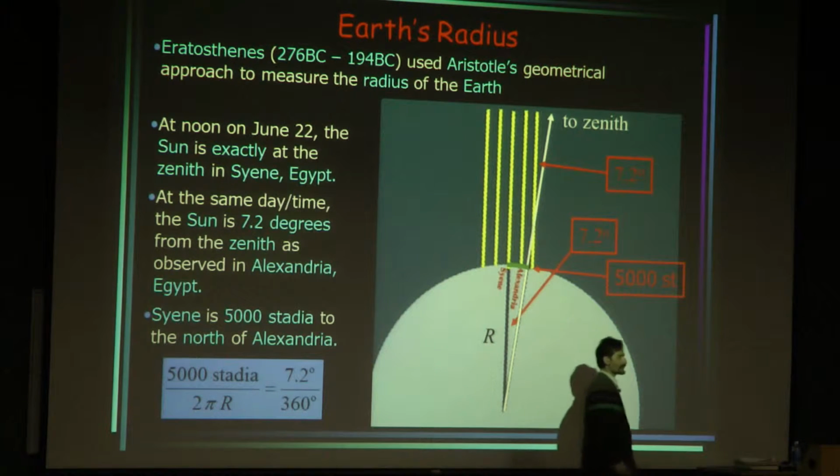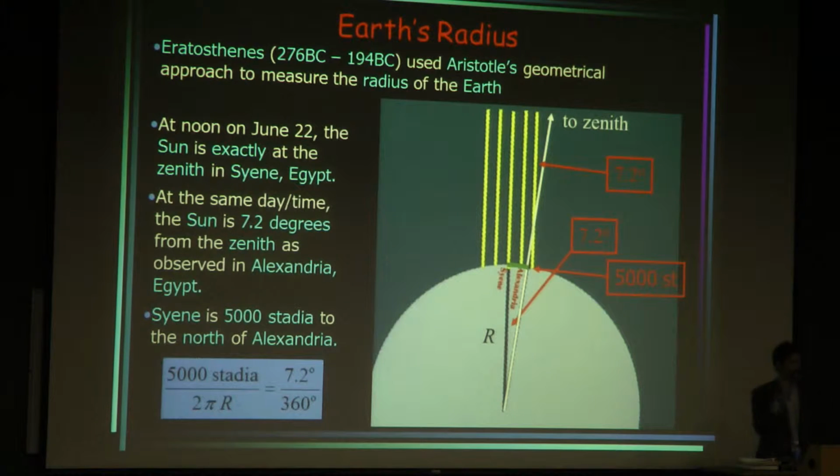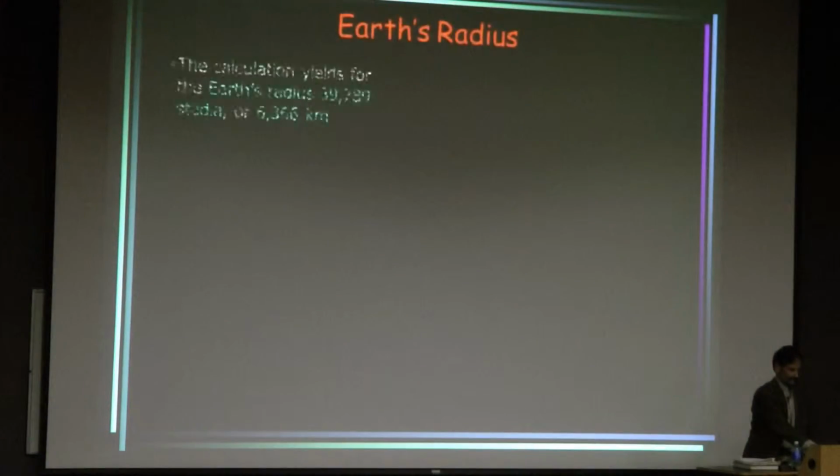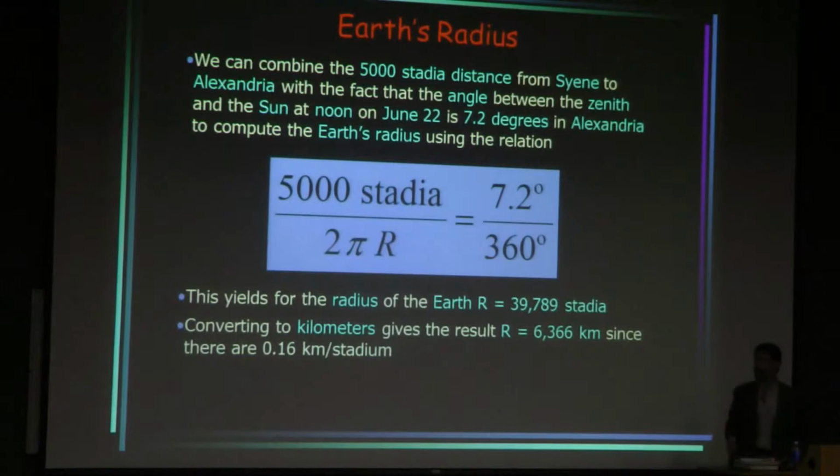What he's trying to do is compute the radius of the Earth, which is the capital R there. So it's just a fraction, right? All the numbers in that equation are known except the capital R for the radius of the Earth. So what we do is we solve this equation. We multiply both sides by capital R, which gets rid of the capital R there, and it gives us one over here. And then we multiply both sides by 360 over 7.2. So we're just isolating the R factor. But anyway, we solve it algebraically. What we actually get is